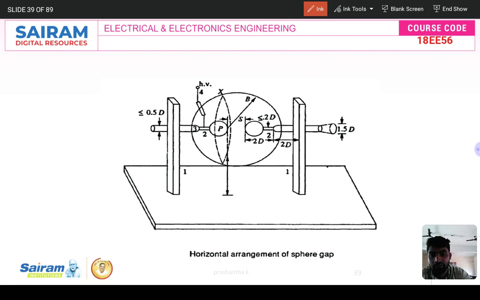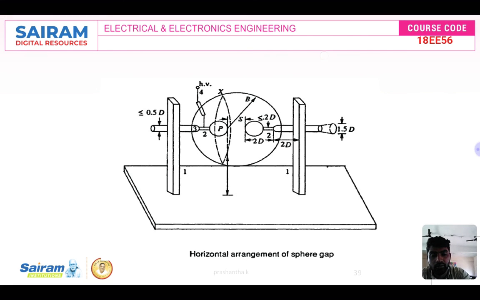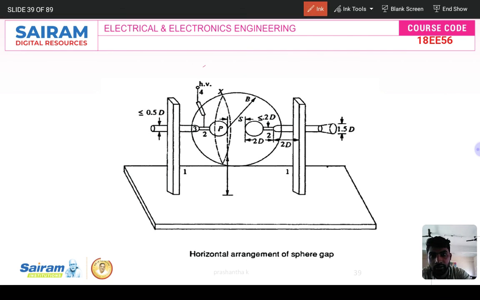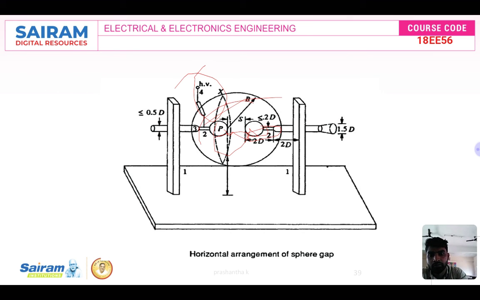And this is a high voltage given by the circuit here, and after that there is a sphere gap present. So what exactly is happening? If you set the voltage as 20 kilovolts or 30 kilovolts and slowly increase the voltage, the spark will appear from here to here. Already we discussed this in the previous class.